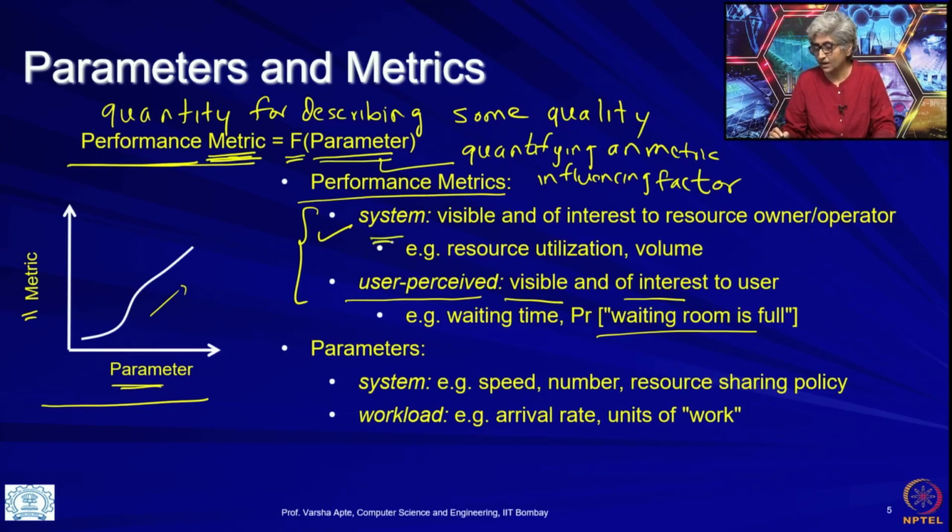A system metric is something that is visible and of interest to the owner of the resource or the operator of that resource, or the resource herself or himself if the resource is a person. So, giving the example of the poll booth worker, who was a person, how busy they were, maybe they did not even get a break for lunch. That is something that will be experienced by the resource itself. If it is a computer or a network link that we are talking about, how busy it is, which is called the resource utilization, or how many threads per second a CPU is processing, how many packets per second a link is transferring.